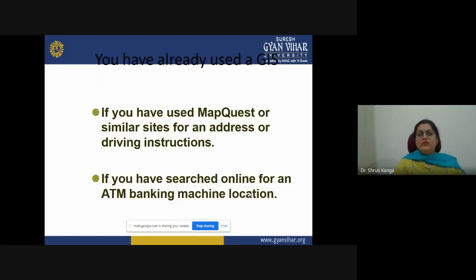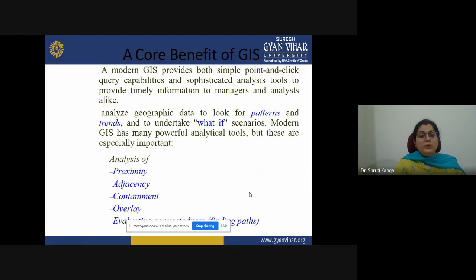We have already seen that if you have used different GIS softwares, they need different kinds of instructions which you need to follow. And the core benefit of GIS, from the basics which we have studied, is that modern GIS provides point and click query capabilities, where we click on a point and get the information about that particular point.